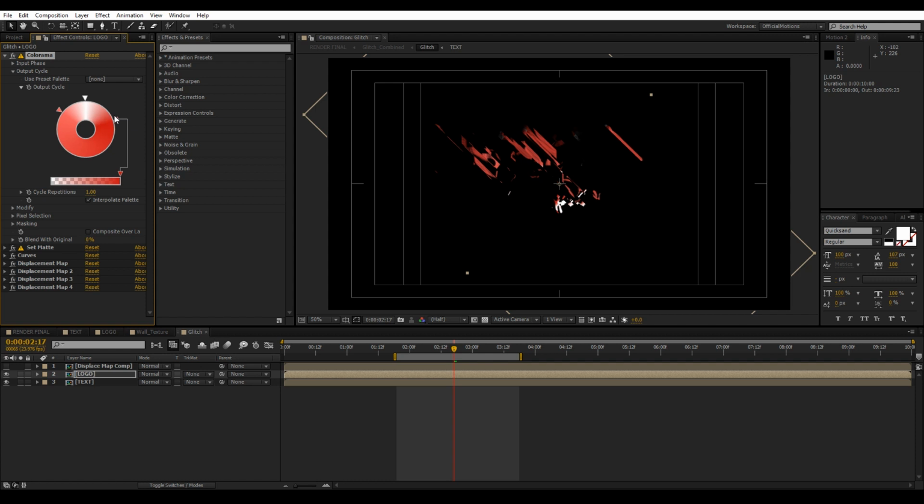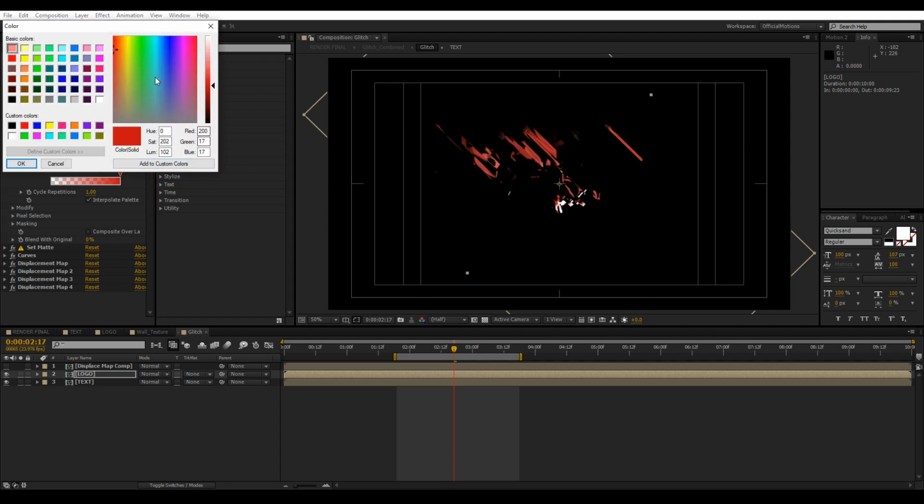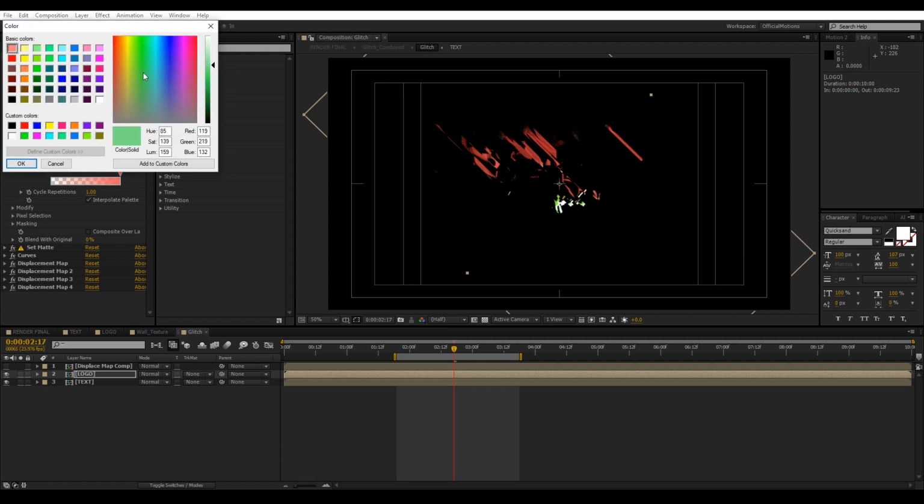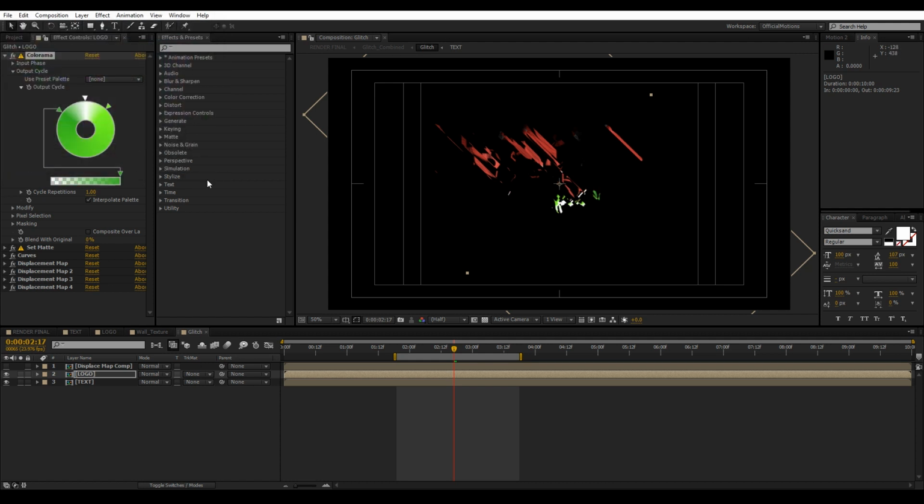So what you want to do here, let's say you want a green, double click on the red, go for a desaturated green here. Okay, the second one, I'm going to choose a slightly darker green to give it some contrast. And to keep the look around for the text, I'm going to click on